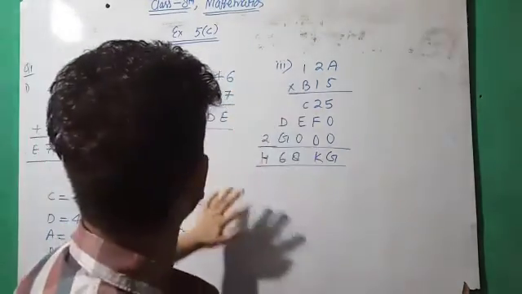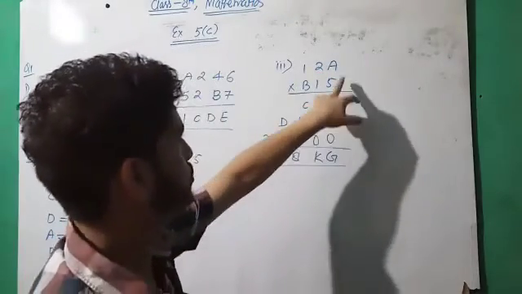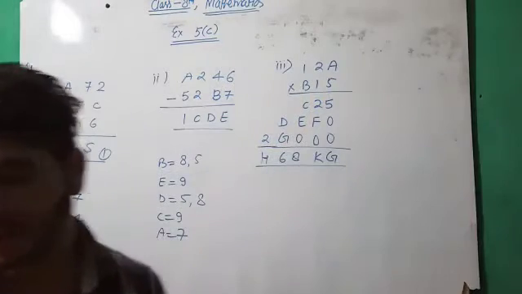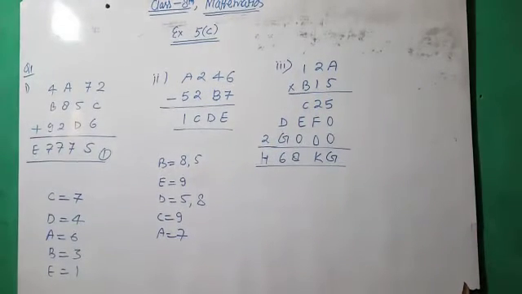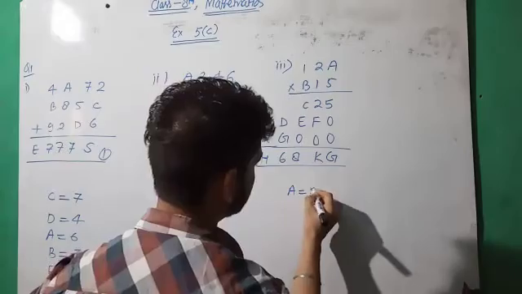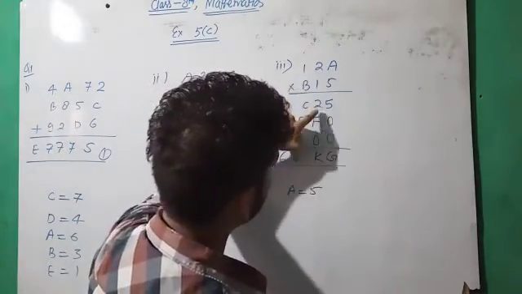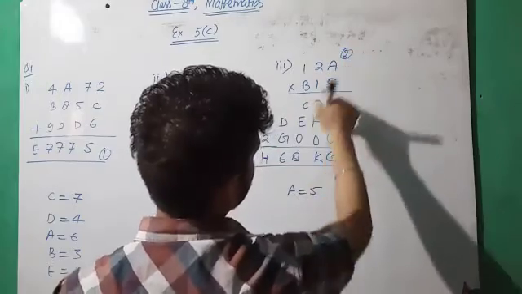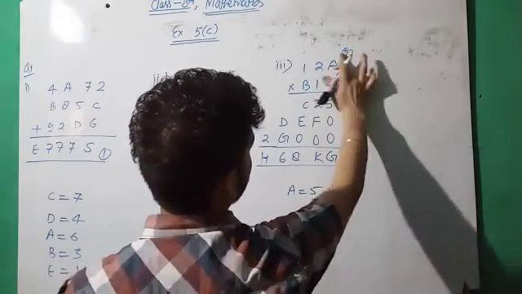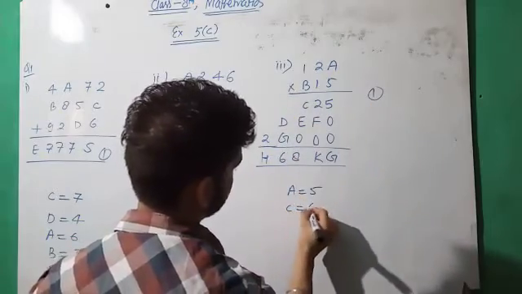Now the third one: we have the resultant value 5. When we multiply by 5, then it always gives only 5 as the answer. So 5 5s are 25. So a must be 5. 5 5s are 25. 5 2s are 10, 10 plus 2 carry, that is 12. Again 1 carry. So 5 1 is 5. 5 and 1, so c equal to 6.